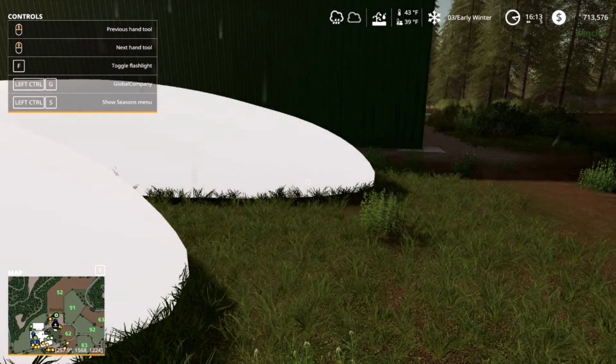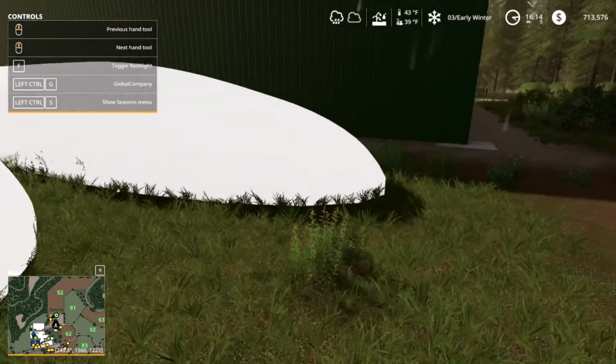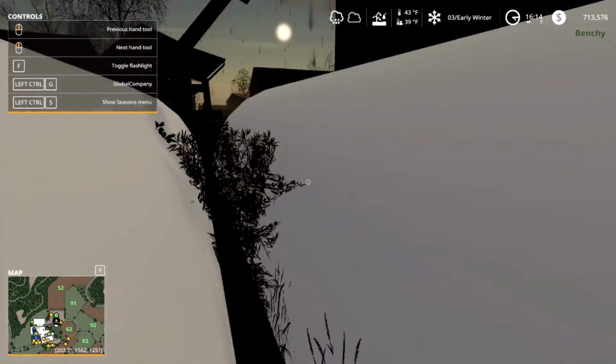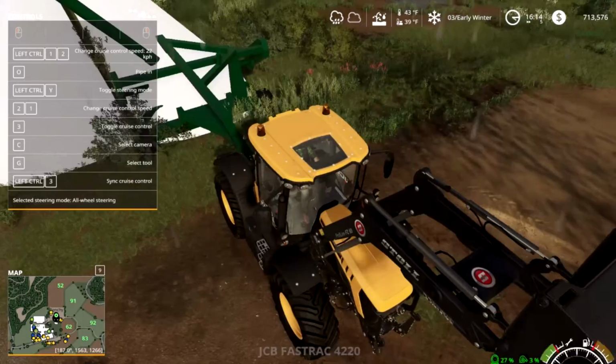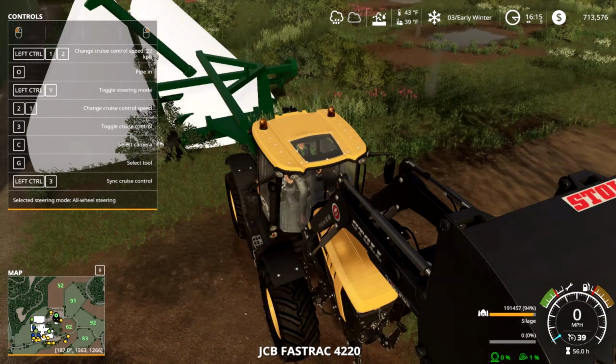Oh. Apparently it's loading from that one into that bag. Interesting. I didn't realize it was gonna work like that. So